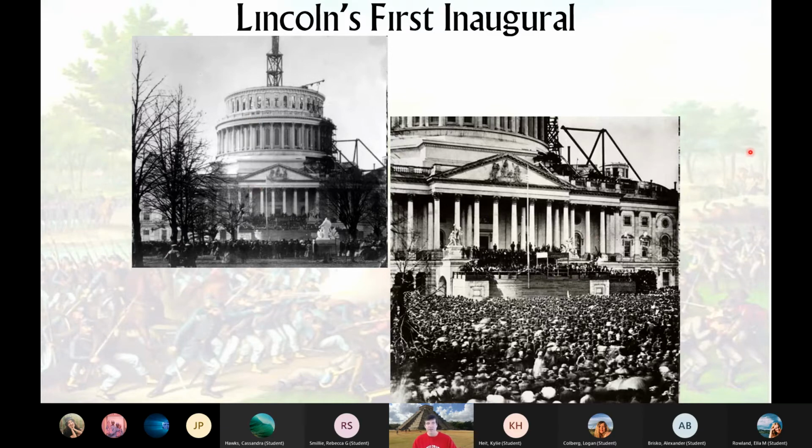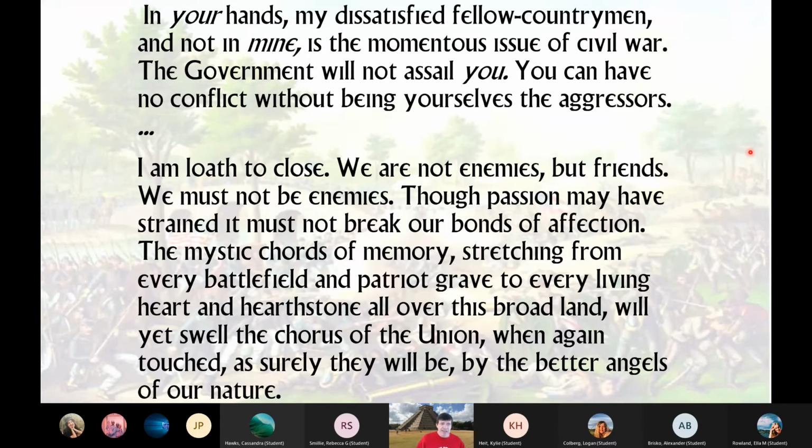And let me give you just a little bit of this inauguration speech, because he has a serious problem. There are no federal troops in the South. If he acts too strong, the Upper South will join, but it also might break apart the North. Lincoln has to navigate a maze. And so in it, he lays out a couple things. First one, he talks about federal installations, including, remember I told you a couple forts remained.